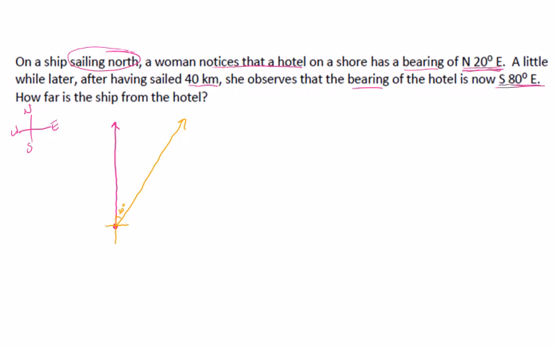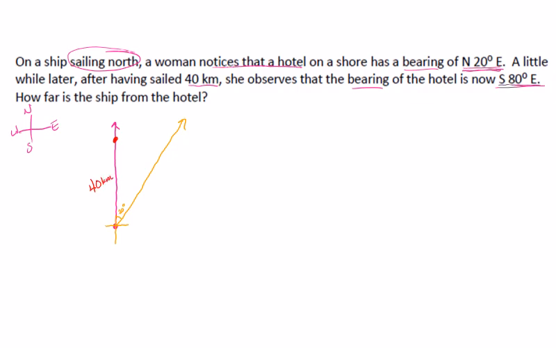Next, it says that after having sailed 40 kilometers, let's just say this lady is really interested in this hotel and has a protractor or something that's helping her figure it out. I guess a protractor wouldn't really work when you're in 3D, but whatever. Maybe she's got an augmented reality app on her new iPhone 10 or something. But north 20 degrees east was what she was at, but after sailing 40 kilometers,